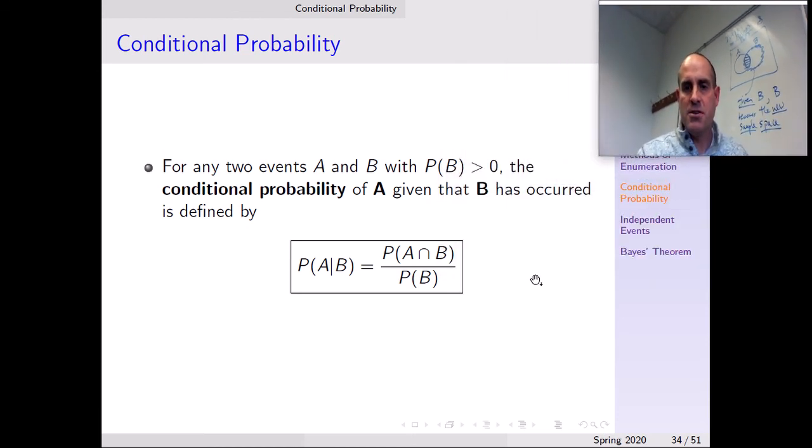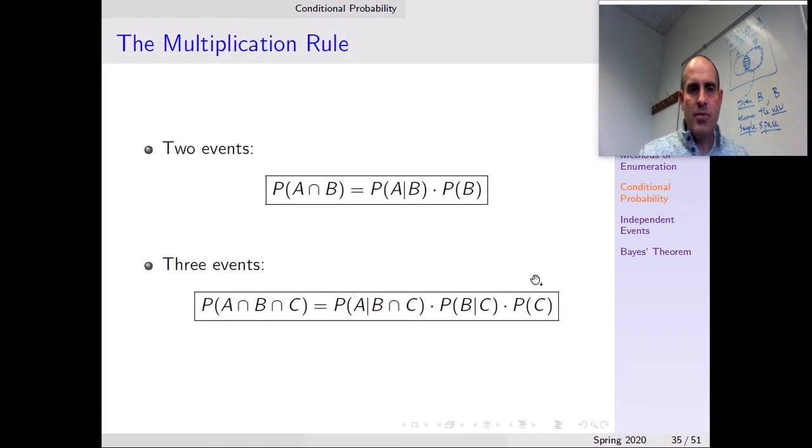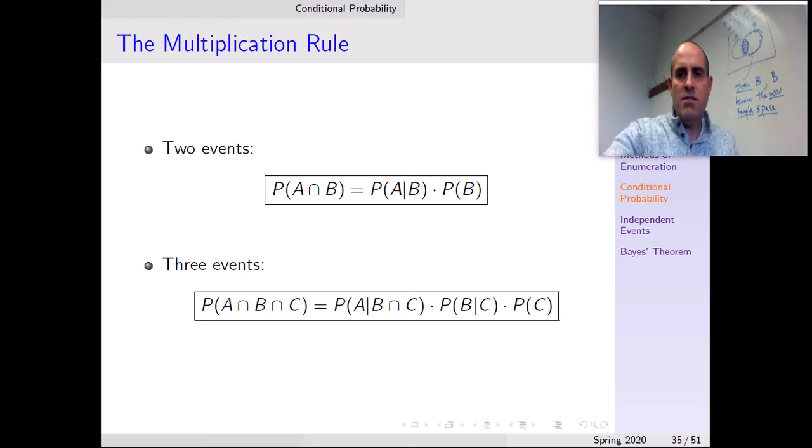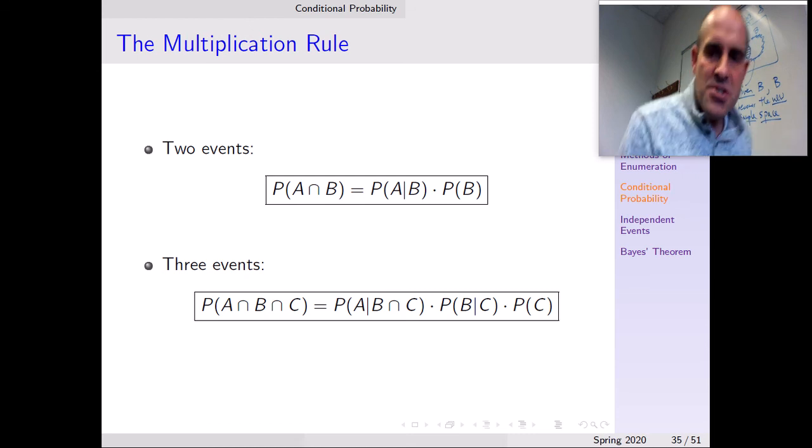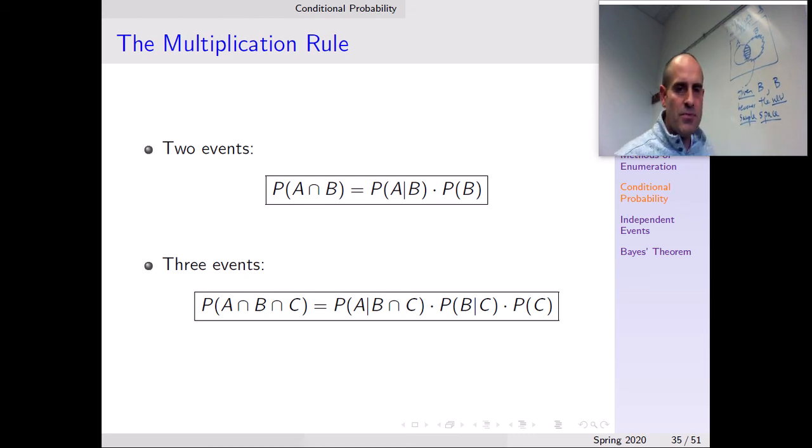Let's keep going here. So what about the intersection of two events? Well, we can actually use conditional probability to compute the probability of the intersection of two events. Here's how this works. If I want the probability that A and B occurs, so think about this. The probability that A and B occurs,